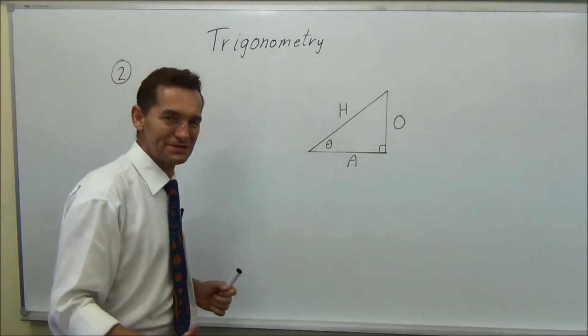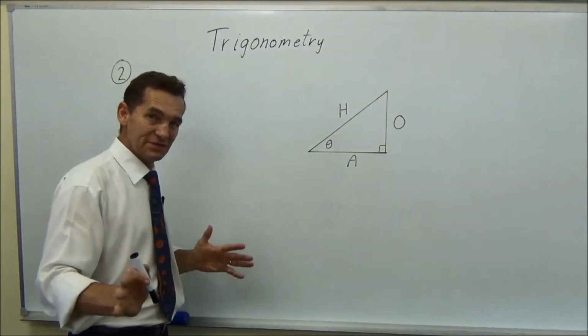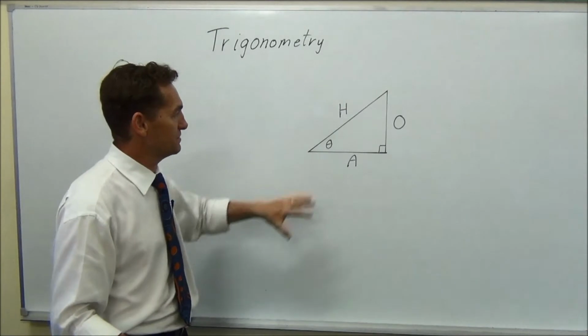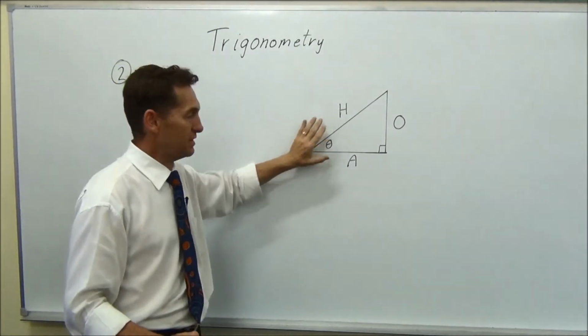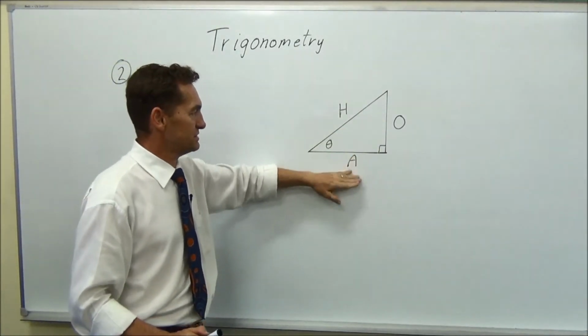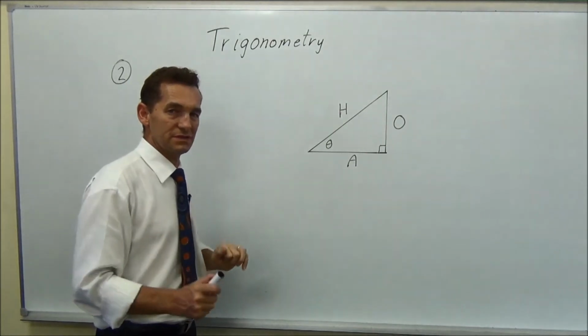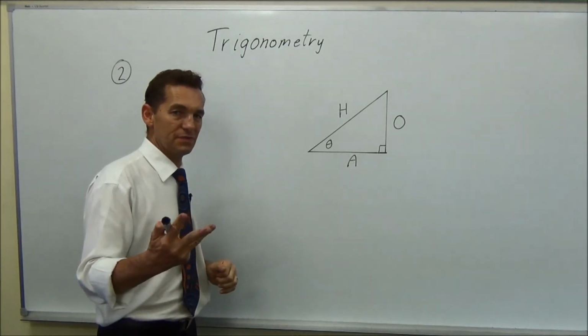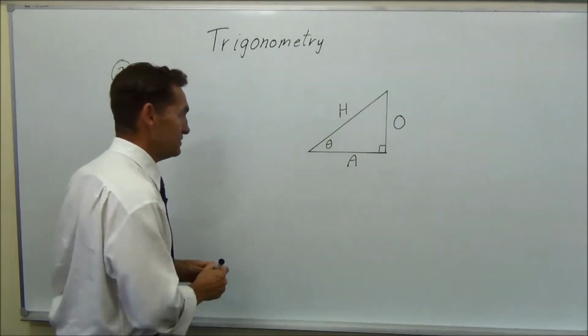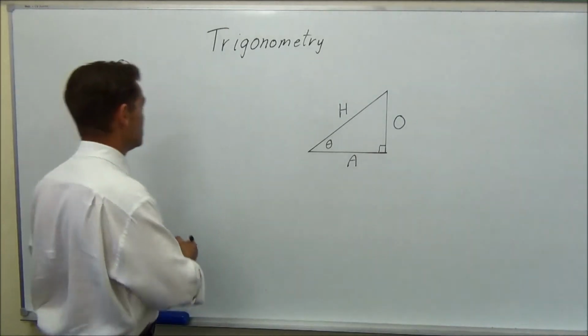G'day, back again for part 2. So the second thing you learn in trigonometry is, you've already learnt that, you've learnt that's opposite, that's adjacent, that's hypotenuse. The second thing you learn is the 3 aspects that you're going to use over and over and over again, which is